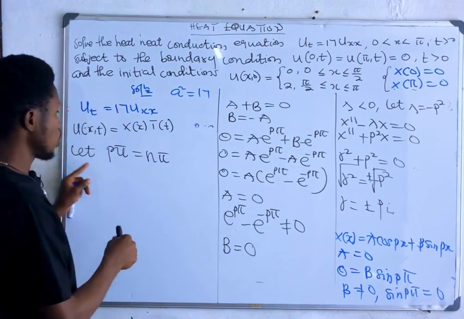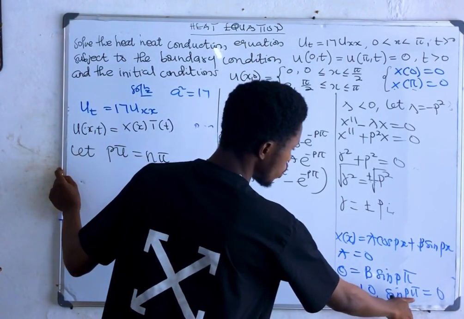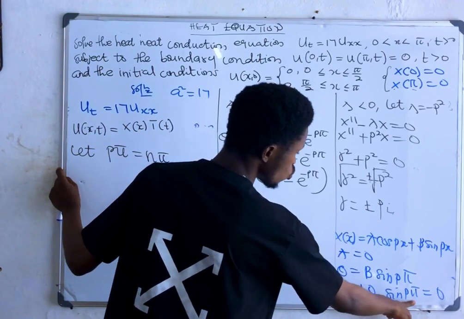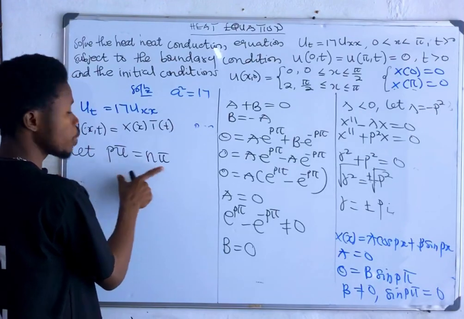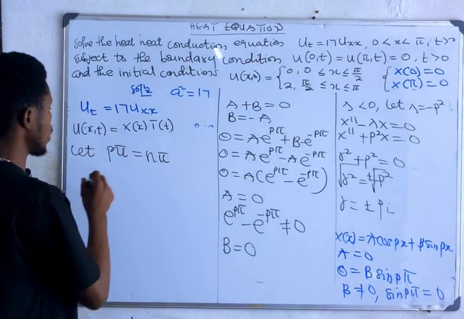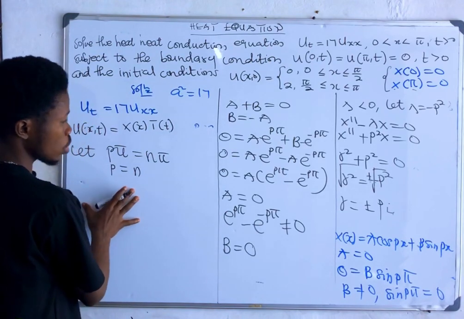So even if this place was, let's say, instead of pi, it is, let's say, 2, you say that let 2p equals n pi. After that, you make p the subject. So here, if you make p the subject, you get p equals n. Is that okay? So what you are going to do is substitute this one back